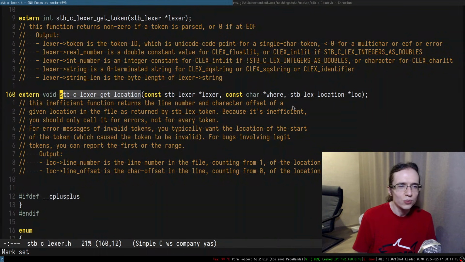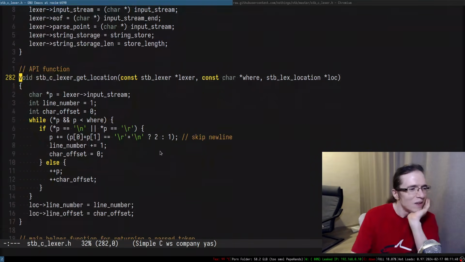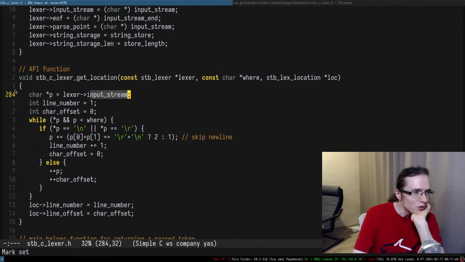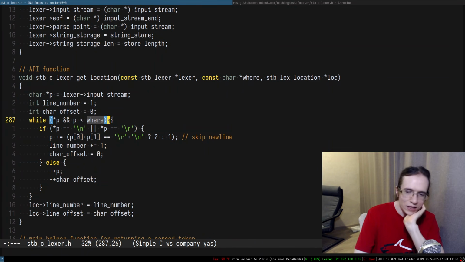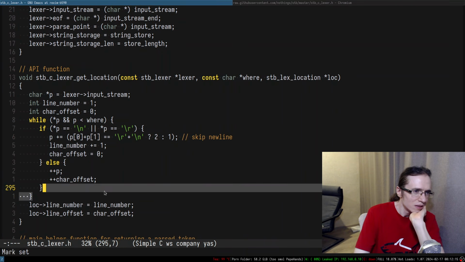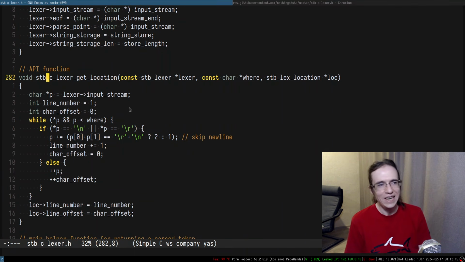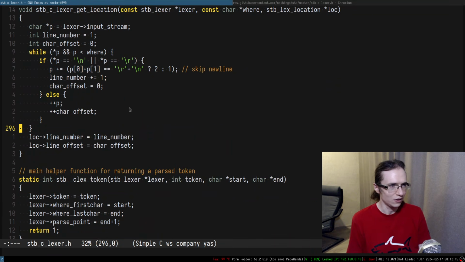I don't understand what is where, but so, input stream. Okay, you start with the input stream. While the input stream is less than where? Is that the beginning? So this input stream must be less than where? It must be less than where? I hate this function. I hate this function. Honestly, it's just like,